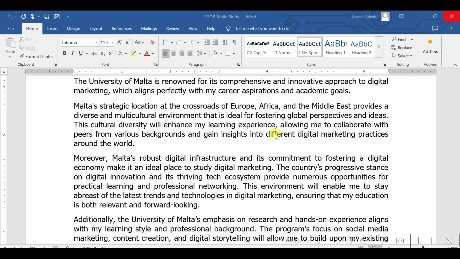When this lady submitted her application at VFS in Lagos, there were like 5 or 6 applicants, according to what she said, but only she got the visa. So you could see that with this SOP alone, it's giving her like 50% or 60% backing of why she wants to study in Malta. So look at this and also use it as a guide.